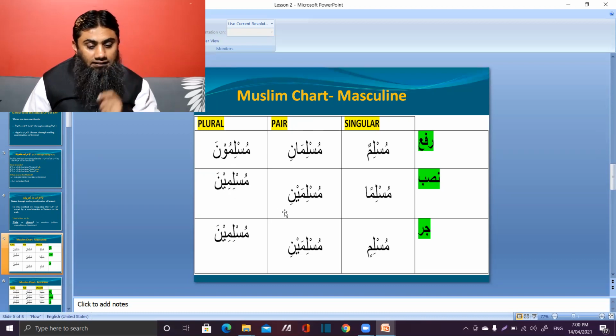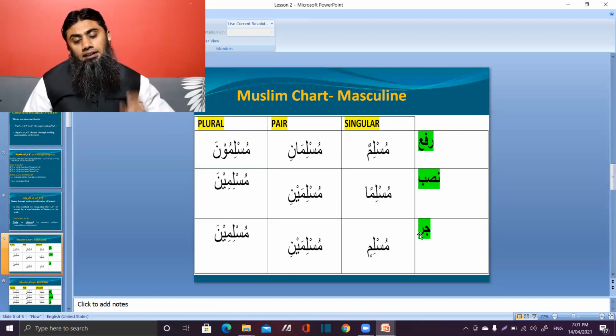Okay, look at the next one. Muslimina. Look at the difference. This was aini and this one is ina. So this ina sound means it is plural but in nasab status. And then Muslimina, again ina. So both of them are the same. As in this case, both of them were the same. Here again, both of them are the same. So one more time. Una sound means the ism is plural and status is rafa. Ina sound means that this ism is plural, its status is either nasab or jar. How to distinguish, inshallah, we'll learn it later.